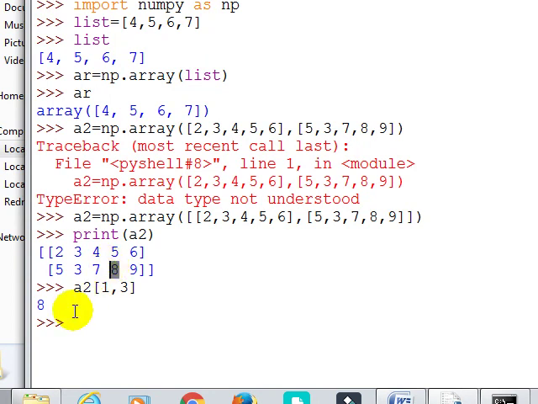Clear? Now similarly if I write a2[0, 1], what will the output be? Output will be 3. You can see here 0, that is the first row, and 1, that is the second column. I hope you understood this.